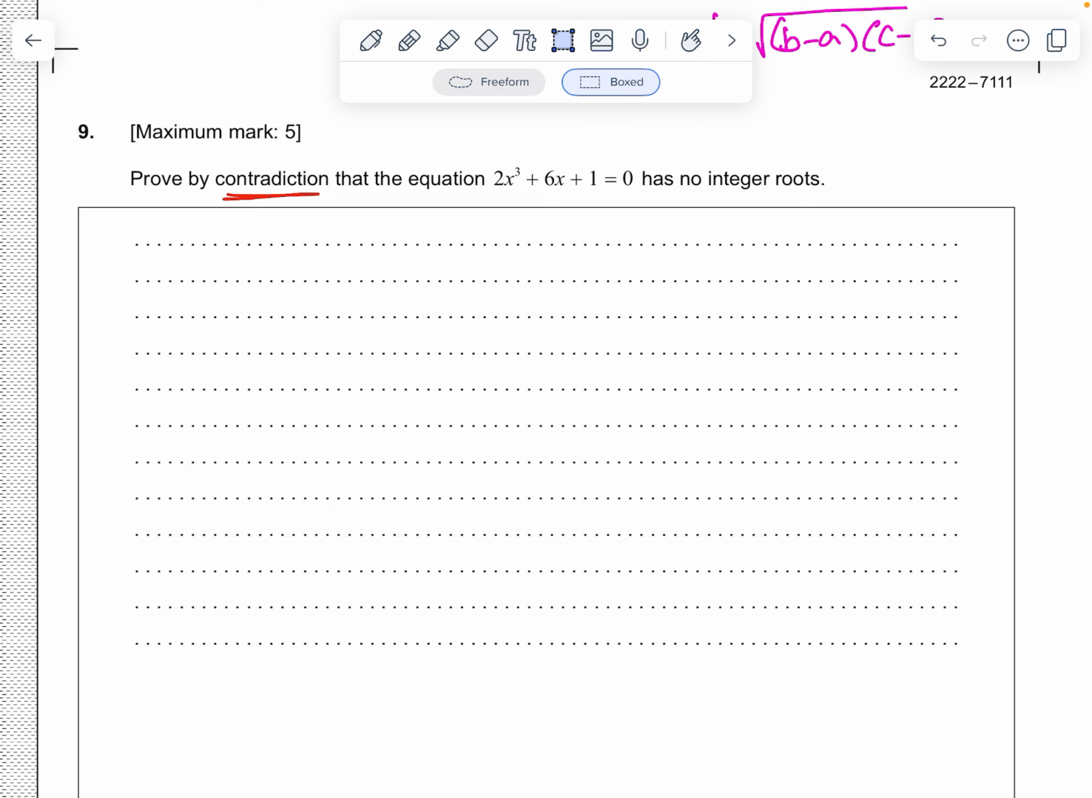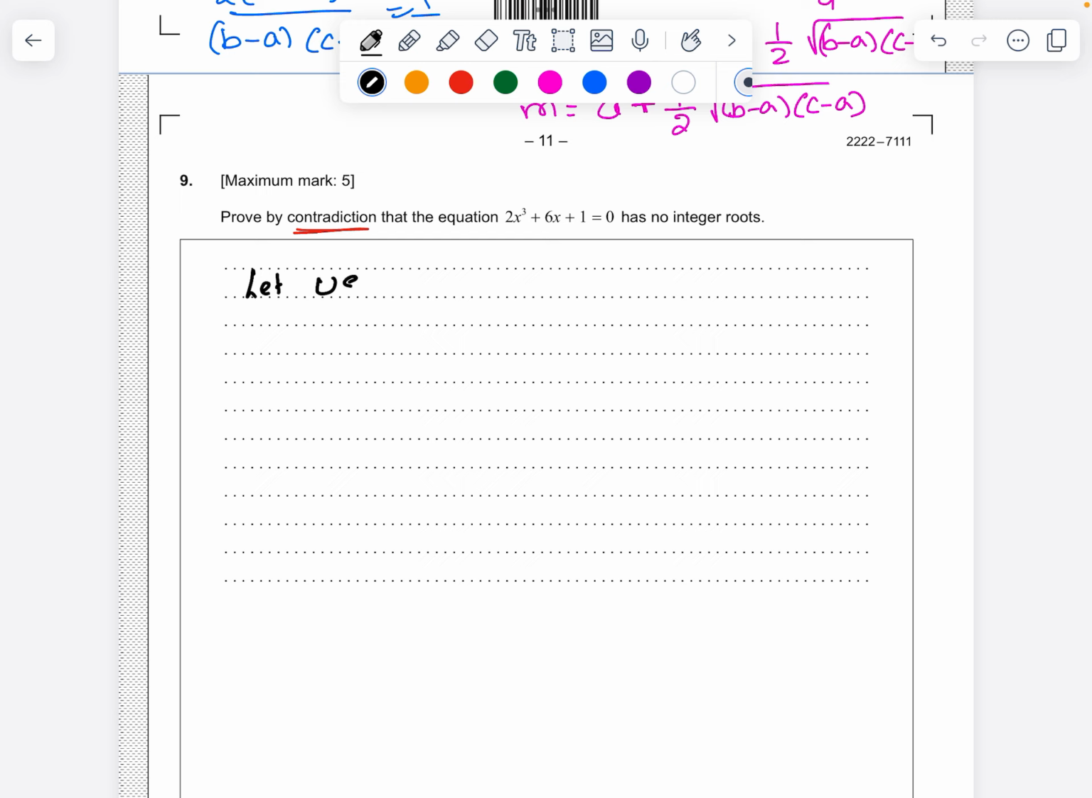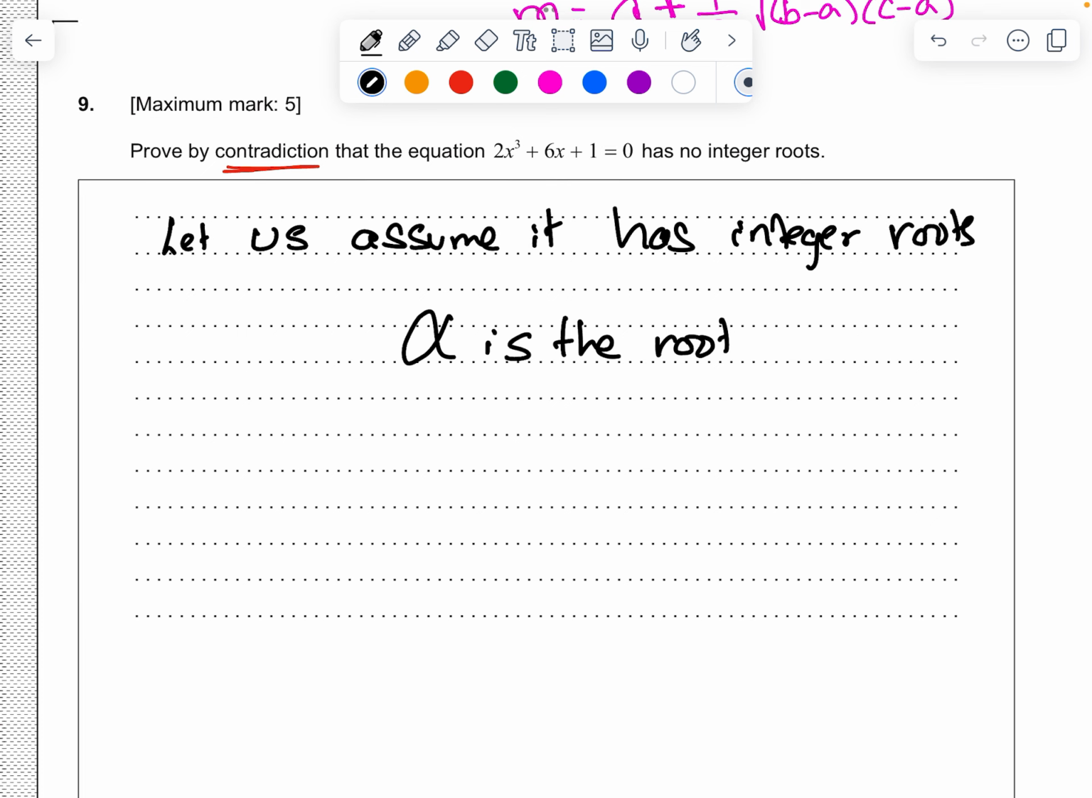What is being asked? Prove by contradiction that the equation 2x cube plus 6x plus 1 has no integer roots. So first of all, let us assume it has integer roots. Let us assume it has integer roots. Means that the root be alpha. Alpha is the root and